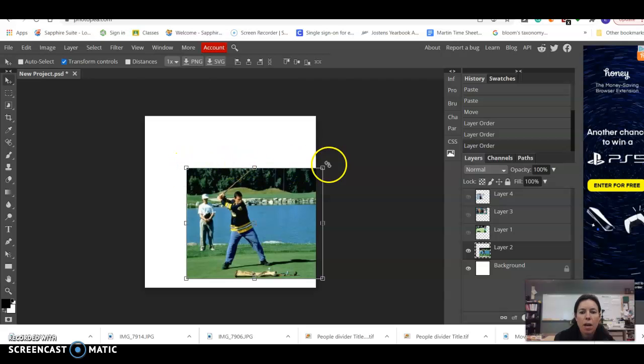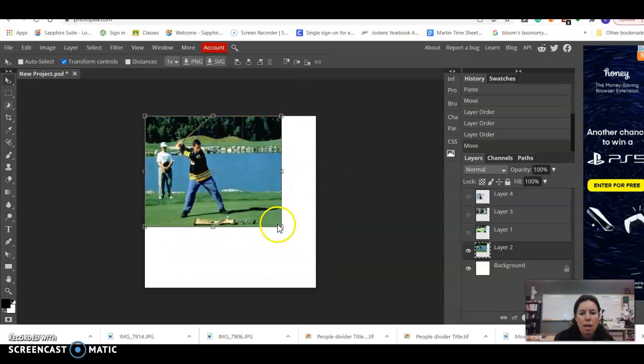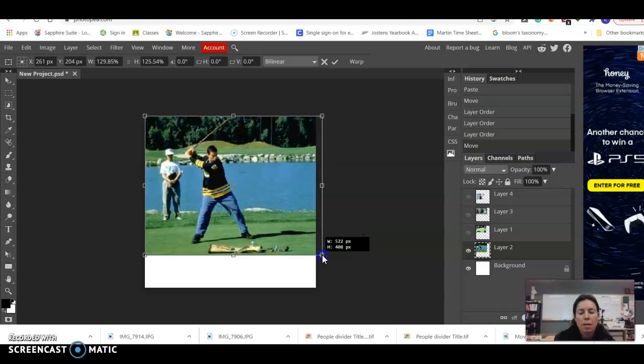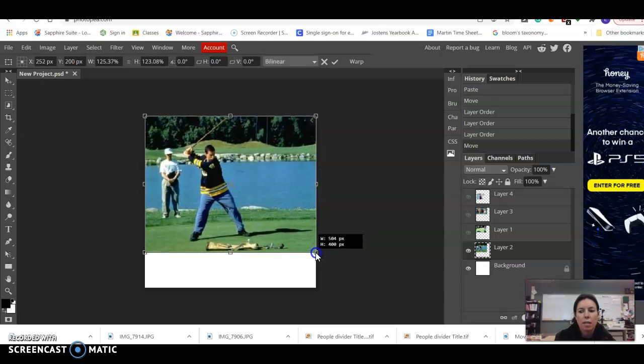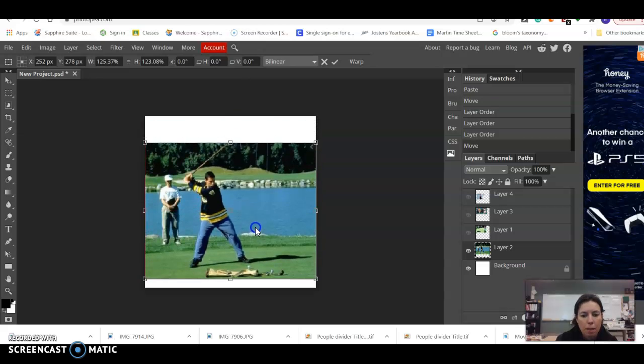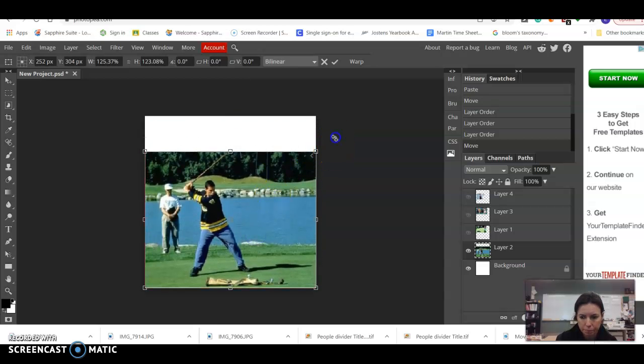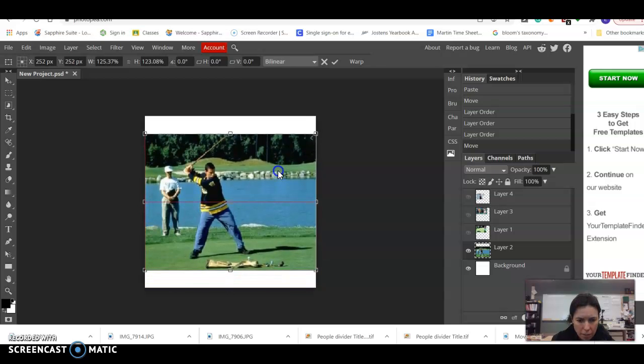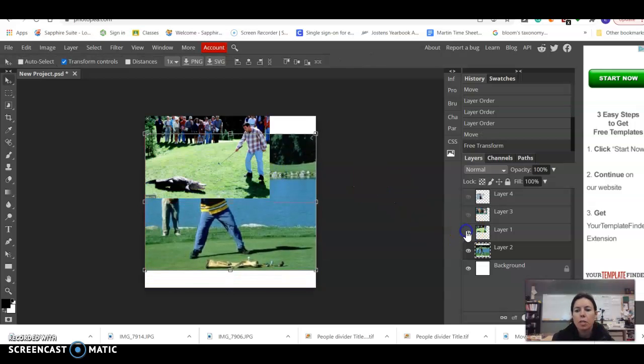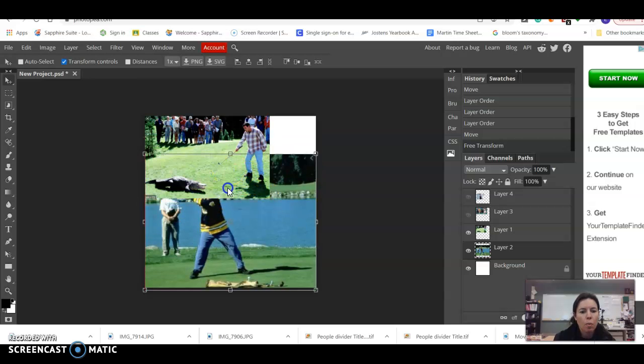So I have this bounding box, and I can easily expand the image. Now we are working with a 7x7 canvas size. You should refer to yesterday's document if you're not sure if you have your canvas size set up correctly. Also refer to yesterday's lesson if you don't already have your images in Photopea. So I'm going to bring this to the bottom, and I'm going to fill this top in later with some additional images. Actually, no, I want to bring it to about here. So then I'm going to go ahead and turn this image on,